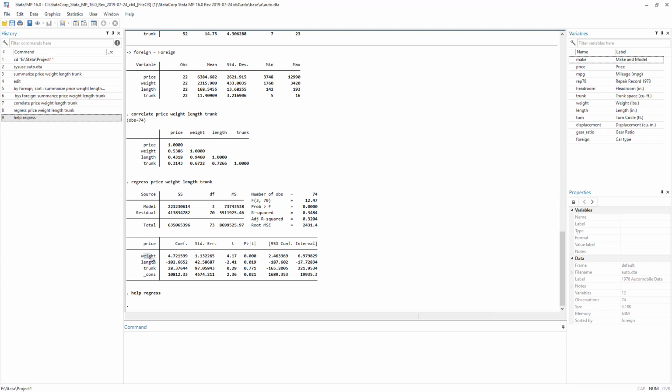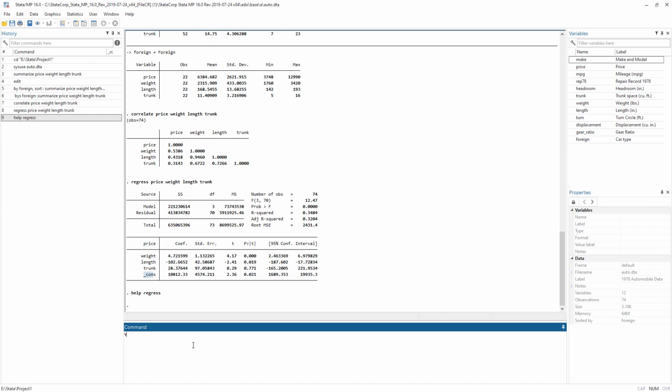We have these independent variables, and then we have a constant term. Remember, we had alpha, and if you remember, we would write our equation as alpha plus beta 1 x1 plus beta 2 x2 and so on, plus beta n xn.